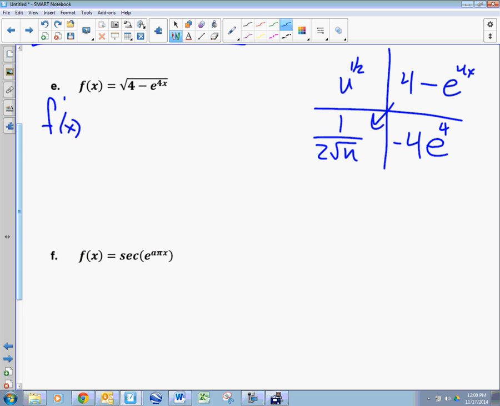E to the u. So whenever you have the derivative of something with e, all you need to do is take the derivative of the exponent and move it out front. Makes it really easy, doesn't it? So now we multiply negative 4 times 1/2. So we get negative 2 and e to the 4x in the numerator. And in the bottom,